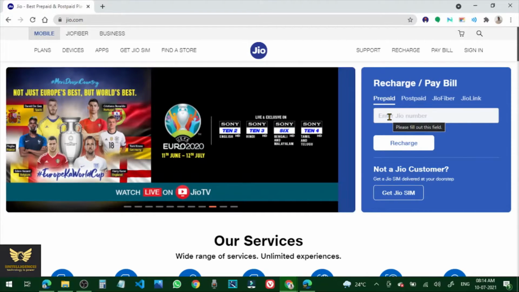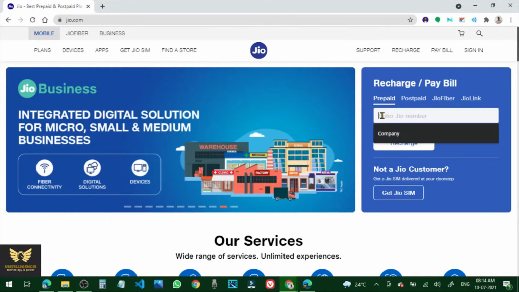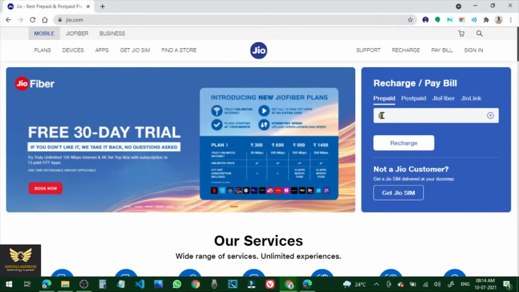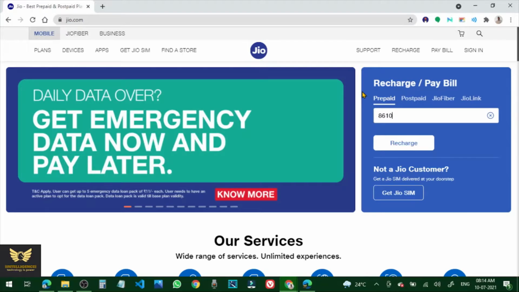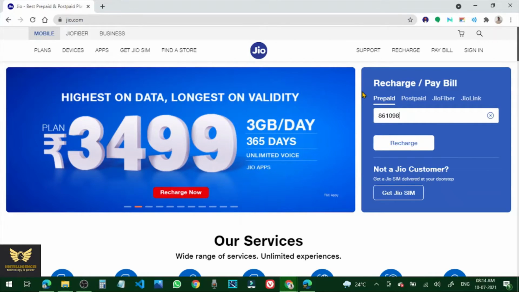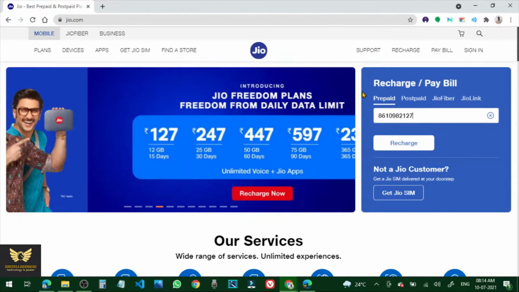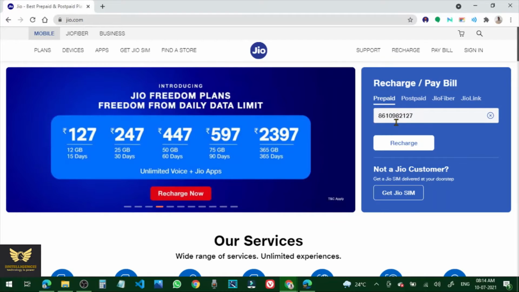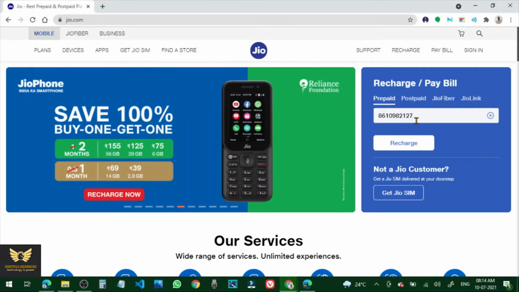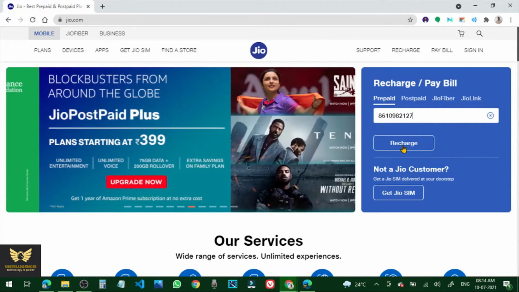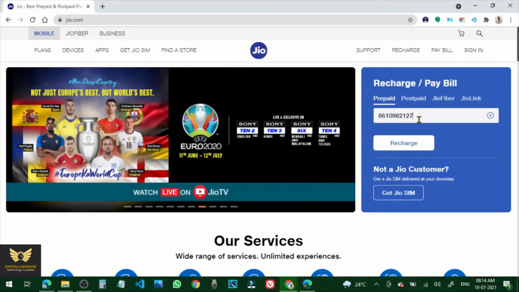So now click recharge, after entering the number correctly.